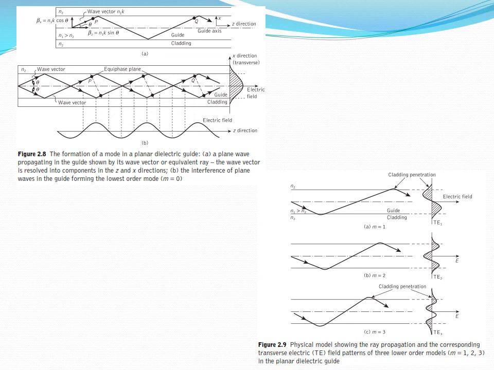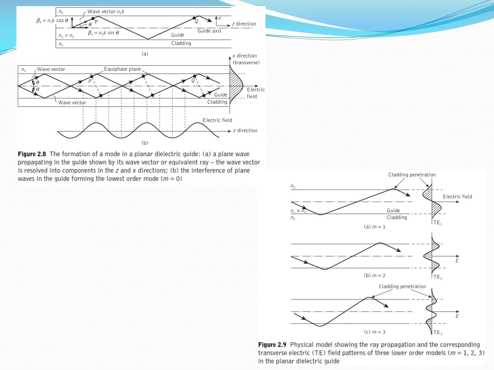Similarly, here we can see that the value of m is 1. M represents the number of modes which are guided in a fiber. Considering m is equal to 1, it means that only one optical ray exhibits a reflection at one particular point, one mode. Here we can say m is equal to 2, so there are two modes considered. Here there is only one mode considered.